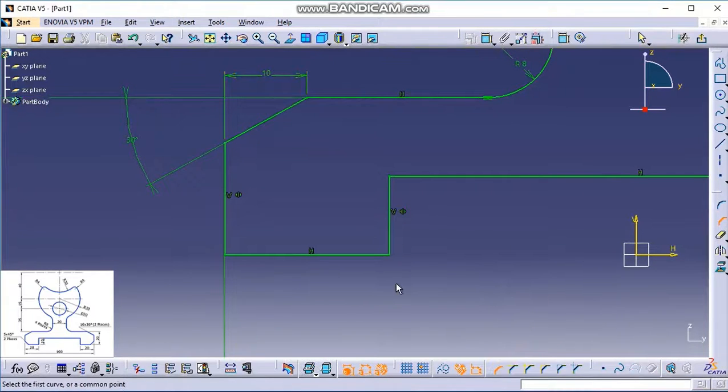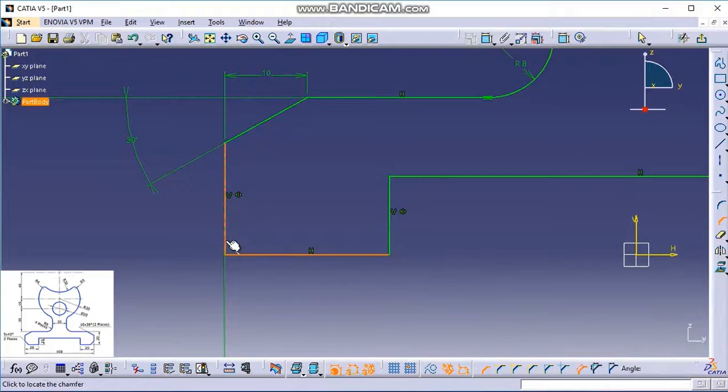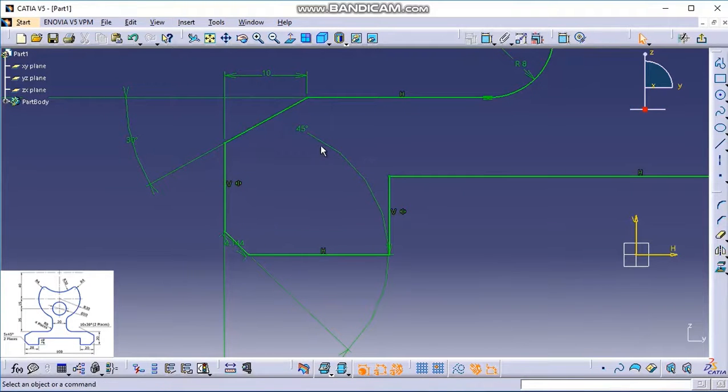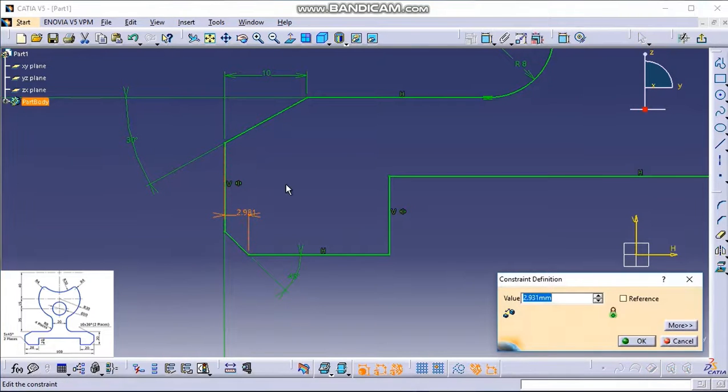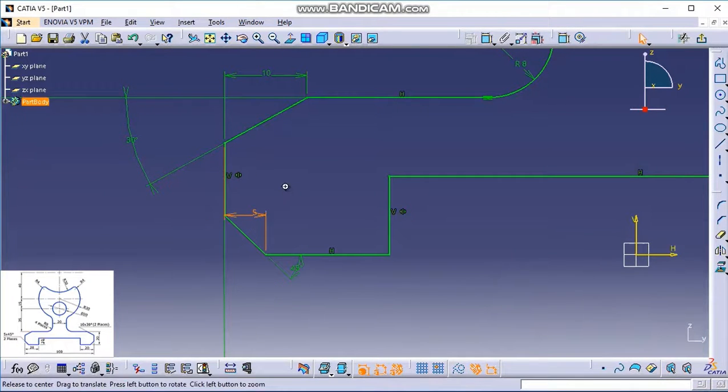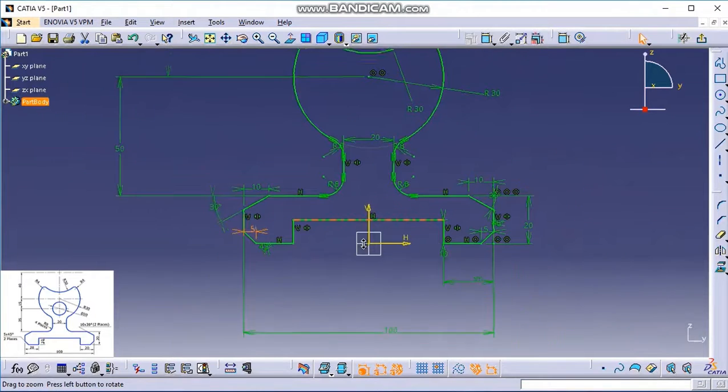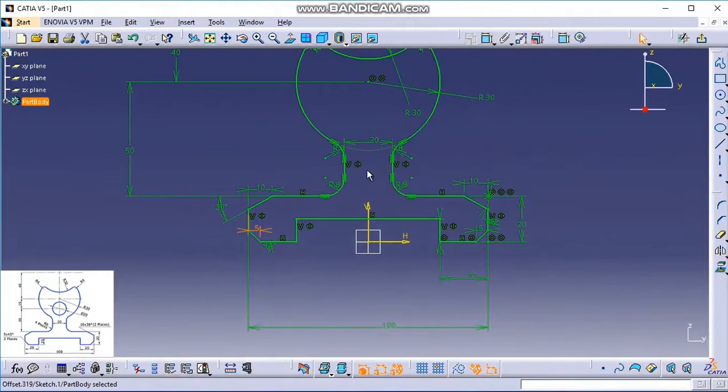Again I'll take chamfer between this line and this line. This angle is 45 degrees, which is given in the drawing, so we will keep it, but this dimension is not required. I'll delete. I'll take dimensioning again. The distance between here to here. This is of value 5. So you can see we have created the chamfers and the fillets.